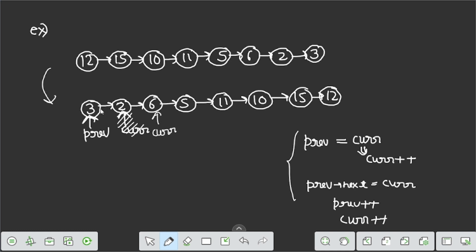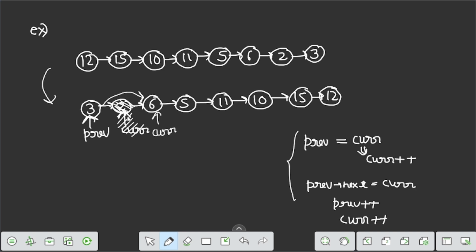Now again we check if there is a value present which is greater than the previous value, so we simply set previous's next to current. That is how 2 is removed, because previous's next becomes current, so 2 is automatically removed.